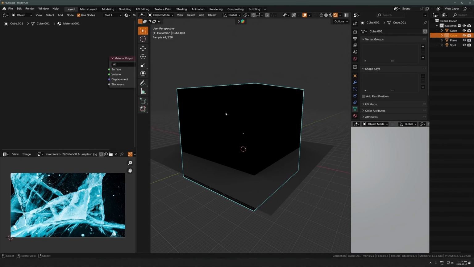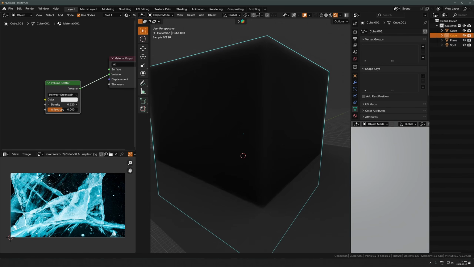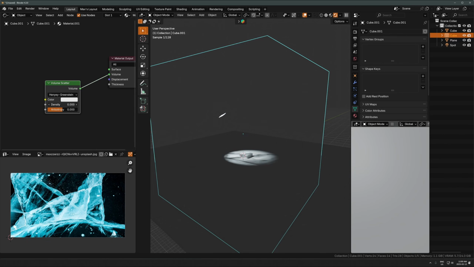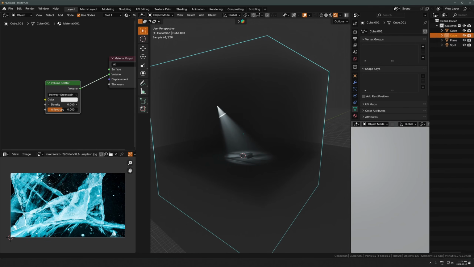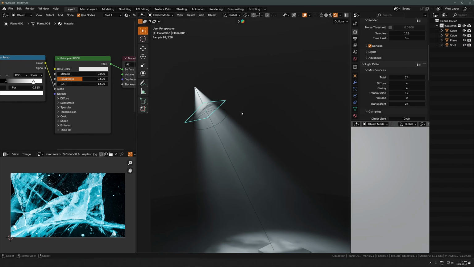cube over the entire scene, delete the principled shader, add a volume scatter node and plug that to the volume, and lower the density since it's just a brick right now. It's way too high. So we'll lower that down to like 0.02, 0.03, somewhere around there to start. And we have some volume now. Okay. So the way this works is,